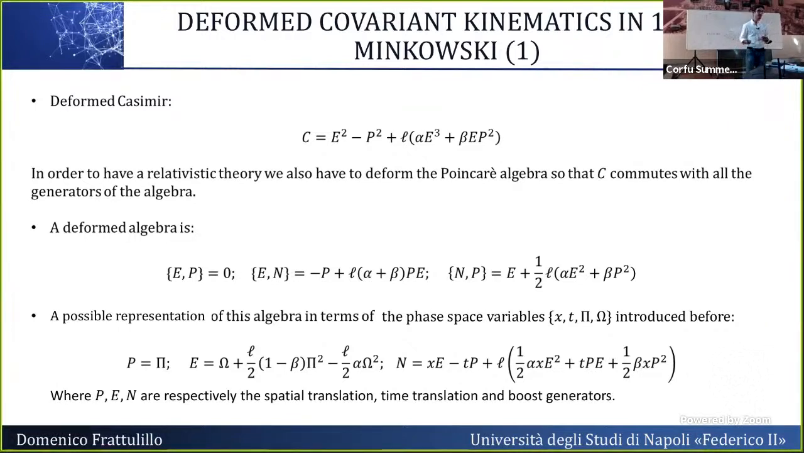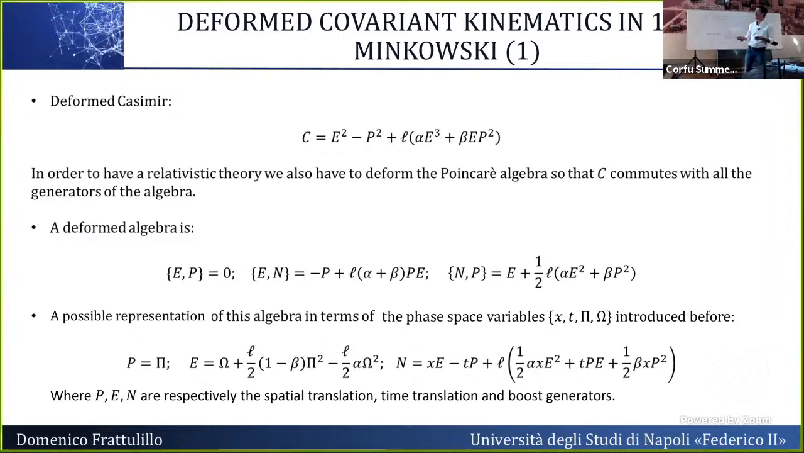Now, if we consider the standard Poincaré algebra, this is not a symmetry algebra of this theory, because the boost generator does not commute with this Casimir because we have deformed it. And so, in order to have a relativistic theory, we have to deform also the Poincaré algebra, and we want that C, that is the deformed Casimir, commutes with all the generators of this algebra in order to have a